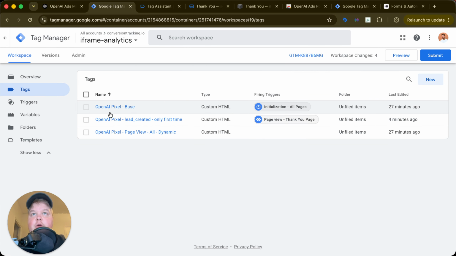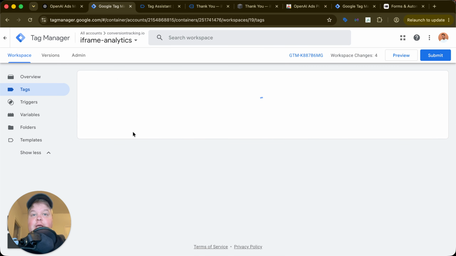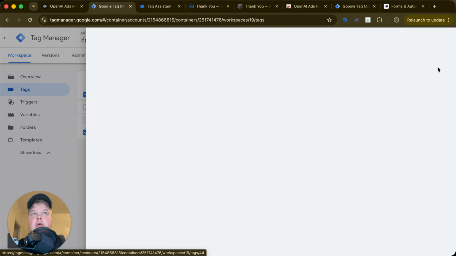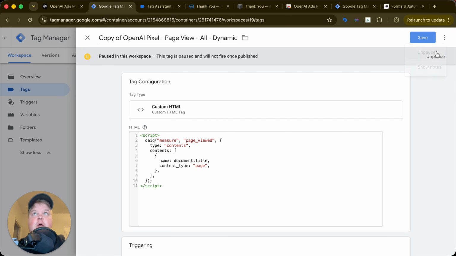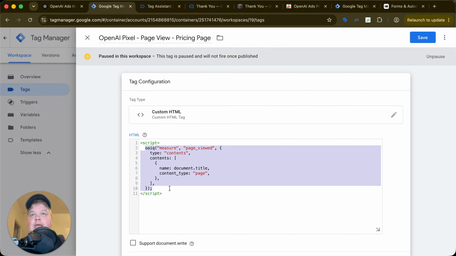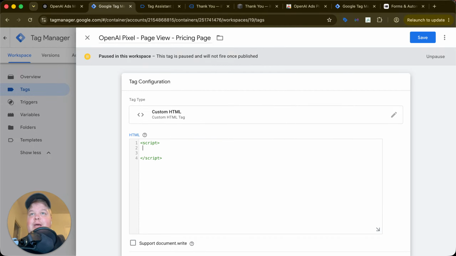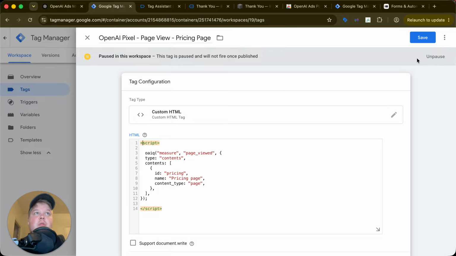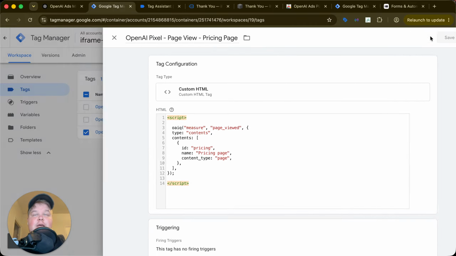So I'm gonna pause the page view that's tracking all page views, and I'm gonna actually duplicate it. So I'm gonna copy it, page view, pricing page view. So this is an example if we want to track just specific pages. Also make sure that we have the script tags here. I'm gonna unpause, click save, and then edit